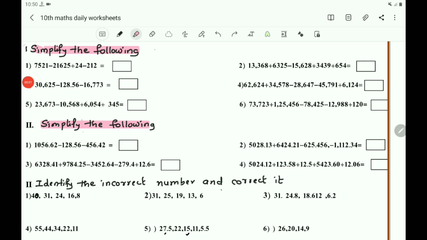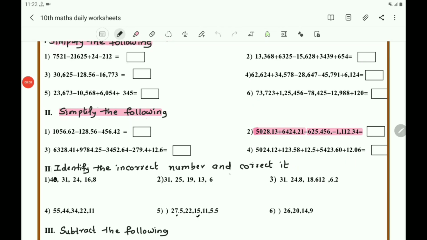If you take the example of the second one, here the first one and second one are having positive sign, and the third one and fourth one are having negative signs. In the first step, add these two and write the number. Next you add these two numbers which are having the same sign, that is negative sign, and here you will get one number, that is the sum of these two numbers, and here you will get the other number with the negative sign. Now verify which one is bigger. Subtract the smaller number from the bigger number and put the sign of the bigger number.